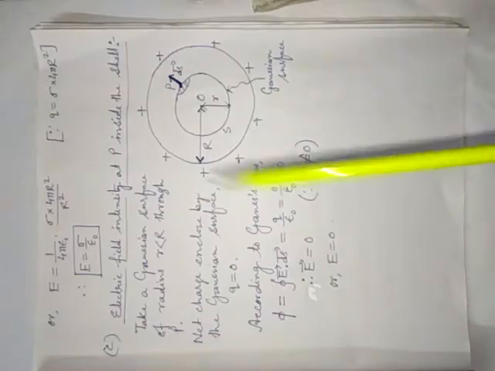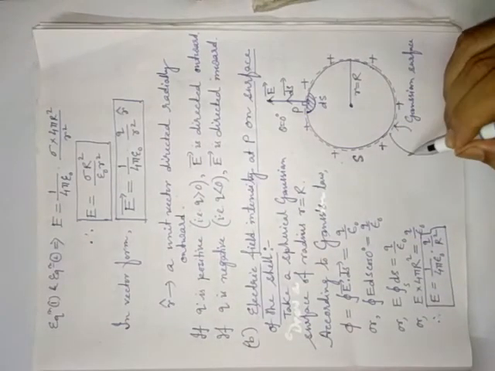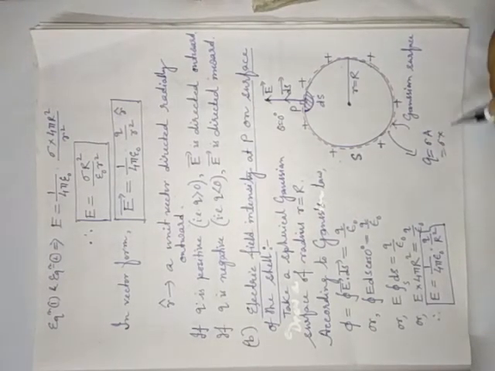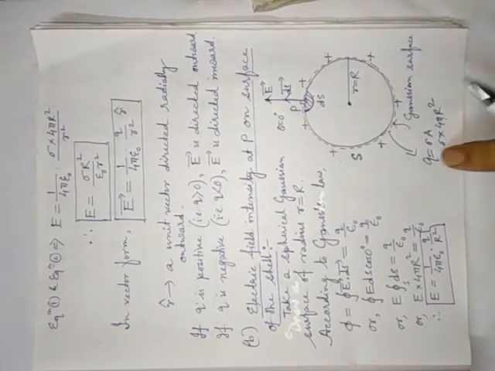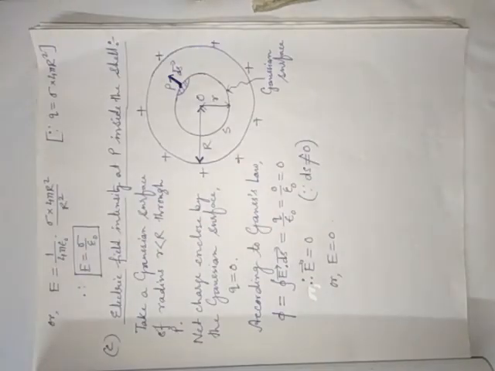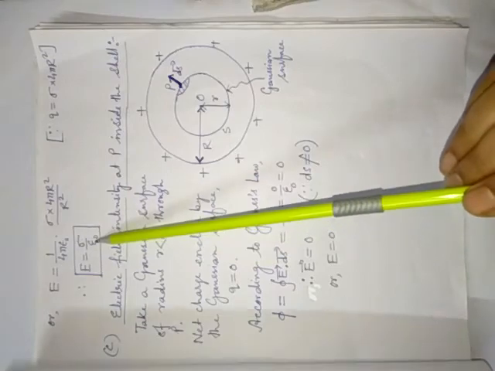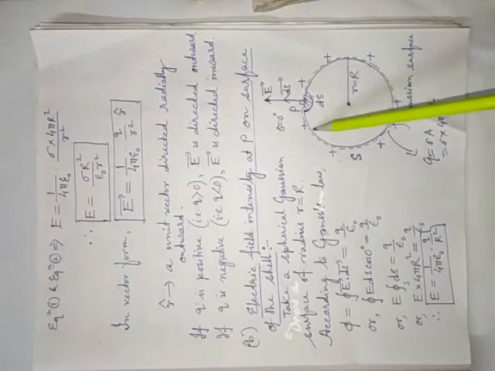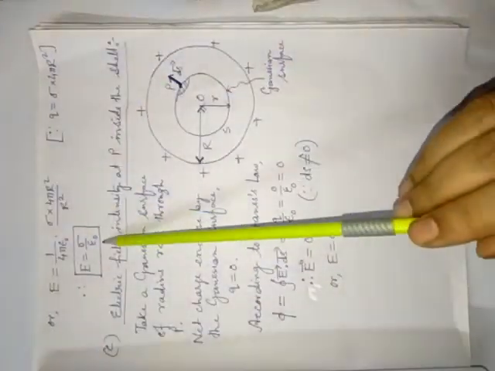Now if you put q, the net charge here, what? Net charge means q. q is equal to what? Sigma into A. Sigma into A means what? 4 pi capital R square, the area of the cell. That is why q is equal to sigma into 4 pi R square. After calculation you will get E is equal to sigma by epsilon naught. That means all of you have to remember, on the surface of the cell, the electric field intensity at every point is E equals sigma by epsilon naught. This formula also you have to remember, and this formula also you have to remember.